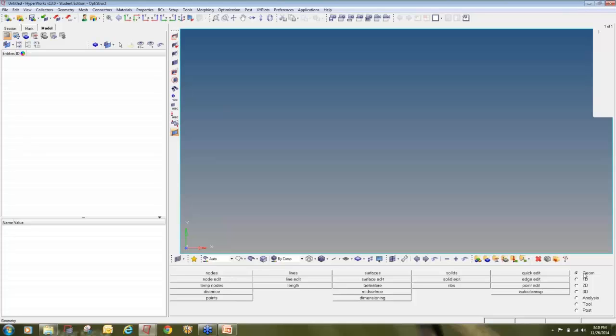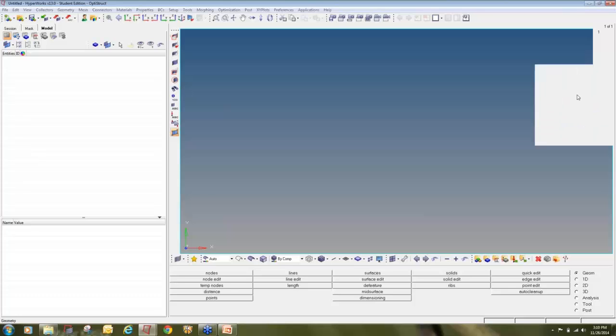As I have already told you, I am going to show you both the options. One way is if you have roll cage line data ready with you, how to import that, and if you don't have it, how you can create it. So first I will show you how to import roll cage CAD data. So go to